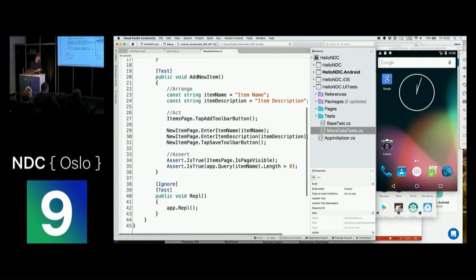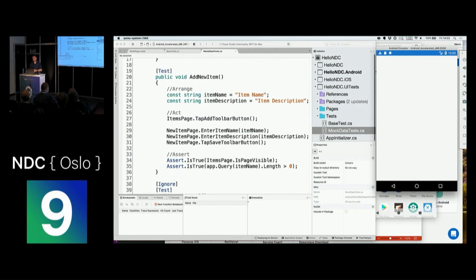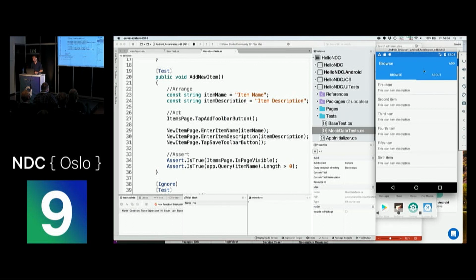What we're seeing over here are a couple of test cases, and one of the test cases is add new item. It does a couple of things, but what you can see over here is that we still have the arrange, act, and assert methods. So that's something to keep in mind, because that's what we want to translate over to the Gherkin language. This is just the Hello World application of Xamarin Forms, nothing too special. It has a navigation bar that you can scroll around on.